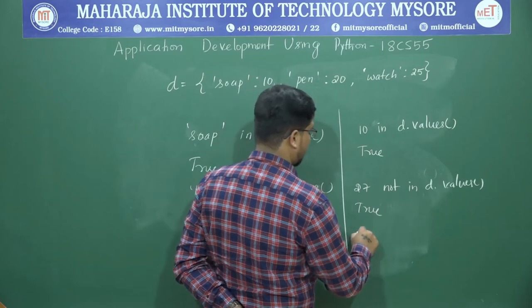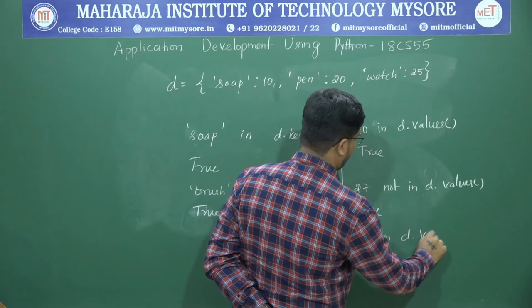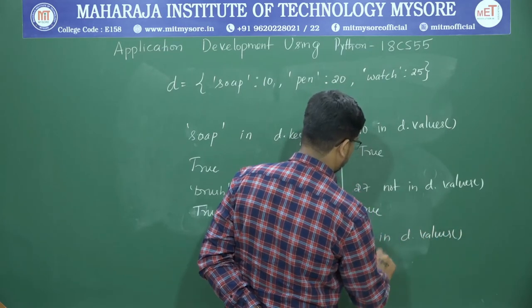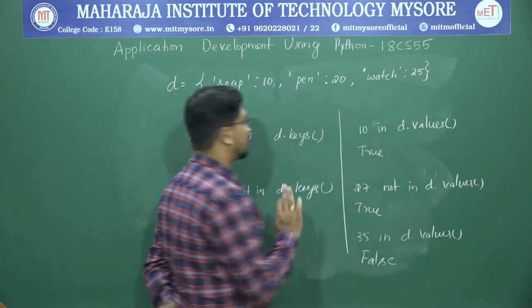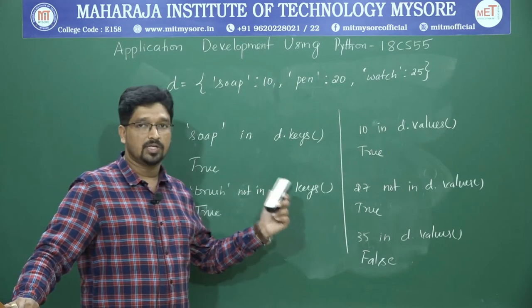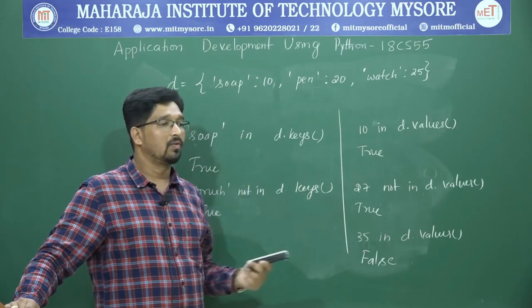Again, if you say 35 in d dot values, you will get the result as false, because 35 is not present in the dictionary. So this is how we check whether a particular key is present in the dictionary or whether a particular value is